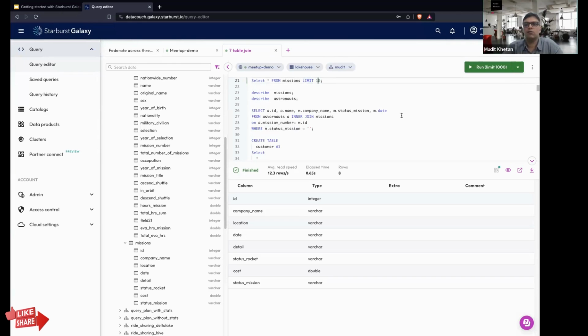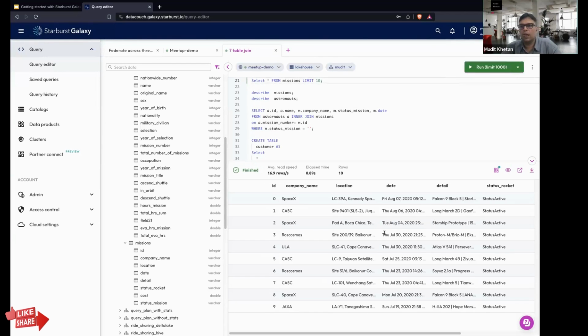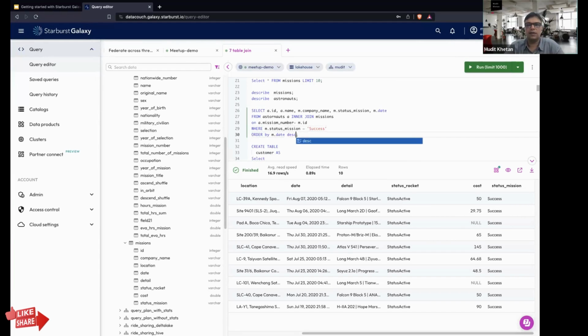Let us run this query once to check out the different values that are there. So status mission is equals to success. Order by m dot date descending limit.